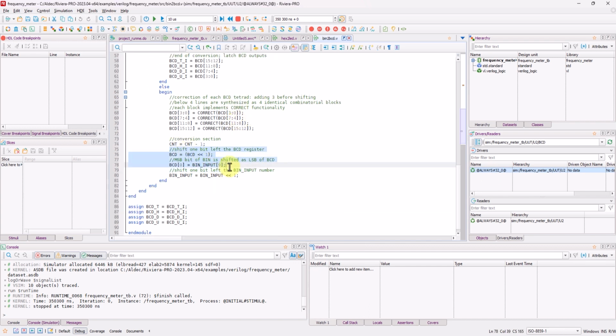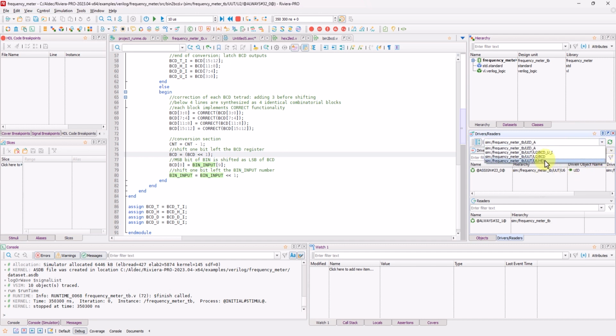shift register. I'm going to confirm this by using Dataflow, but before I do, I want to mention that you can see your tracing history in the drivers and readers window by using this drop-down menu, and it'll be sorted from top to bottom, with top being the most recently added signal. You can use this to see how far you've traced back, or just use it to see what signals you've